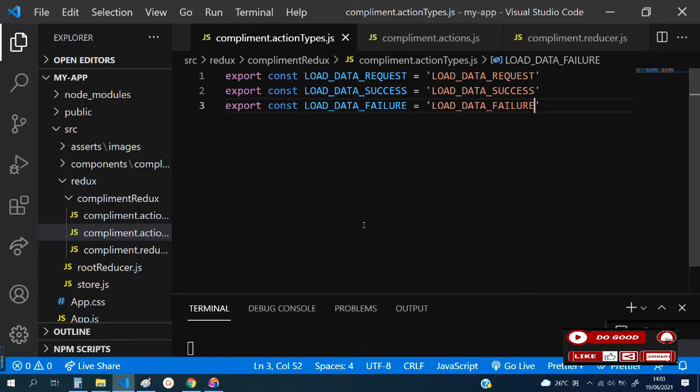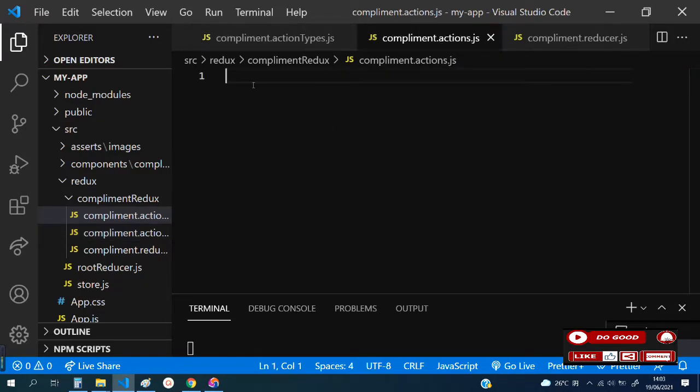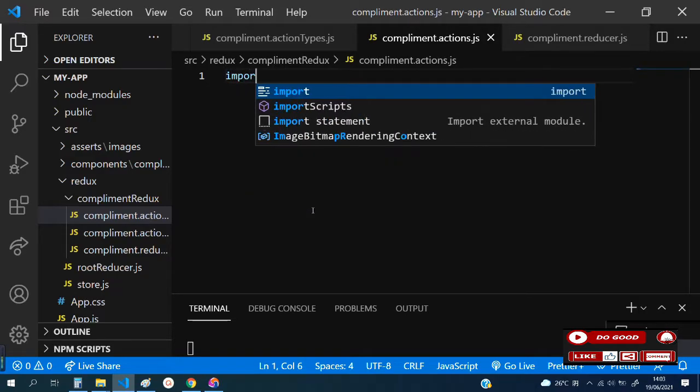Good. So that is that with the action types. The next thing to go to is dot actions. So dot actions. The first thing to do at dot actions is to what? Import the action types. So we say import